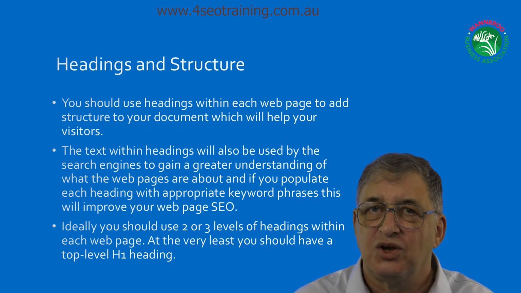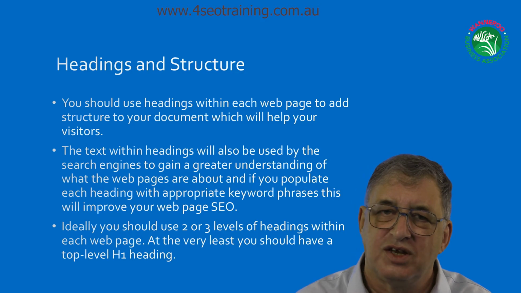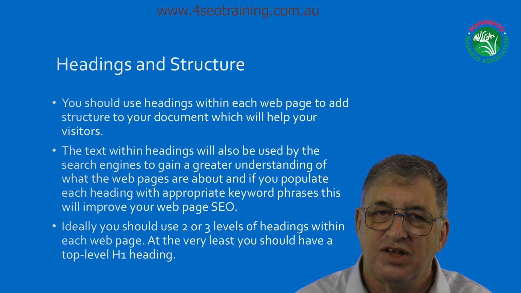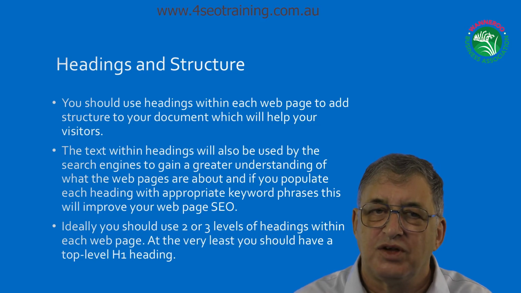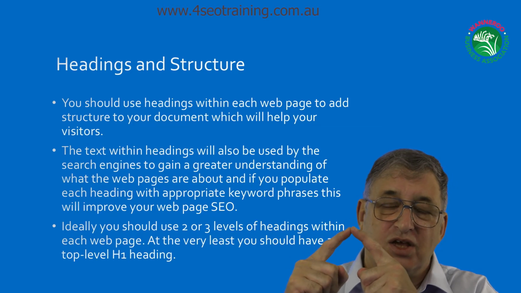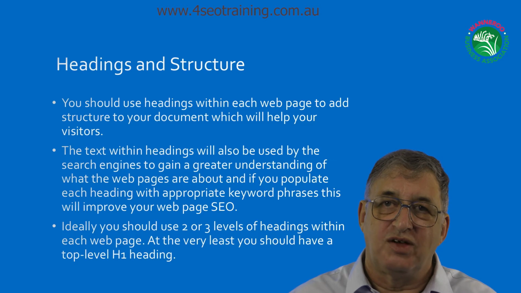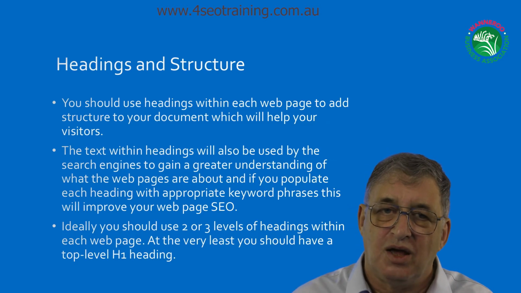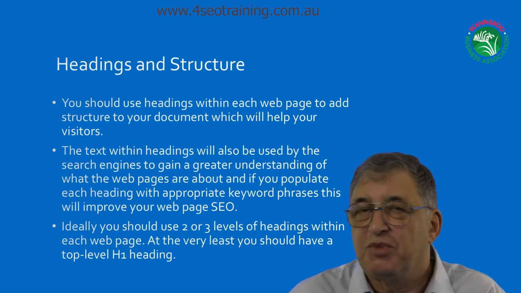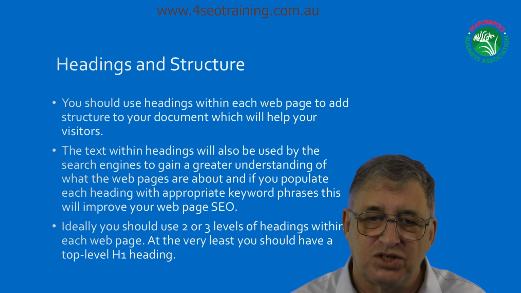Google likes structure. It likes what's called a hierarchical structure, and that can be seen in many different ways, but it's also reflected in the way it uses headings. So if you've got an H1, as far as Google's concerned, that's like the top of the pyramid. So you can have an H1, possibly a couple of H2s, a couple of H3s, 4s, 5s, 6s, etc. But there's a couple of basic rules. Only one H1 per page. It doesn't make any sense to have more than one because you've got this pyramid, this hierarchical structure.